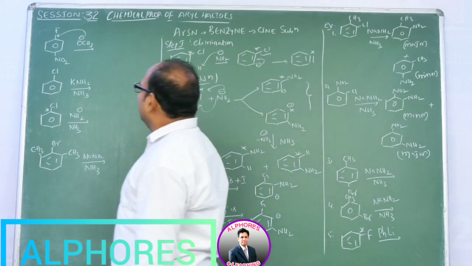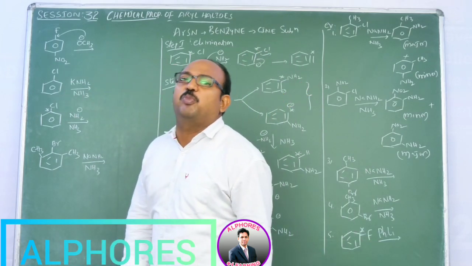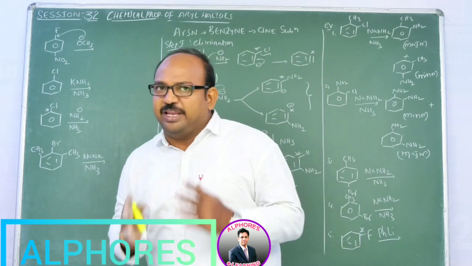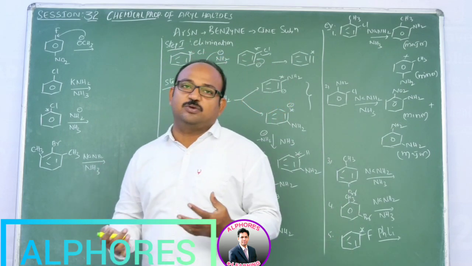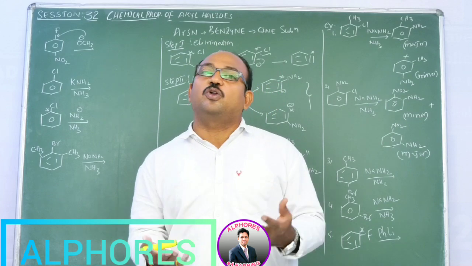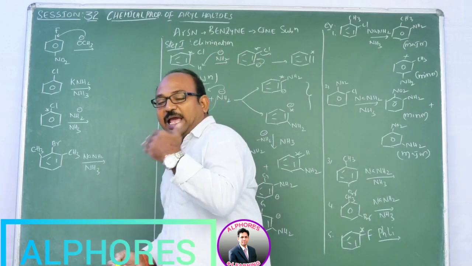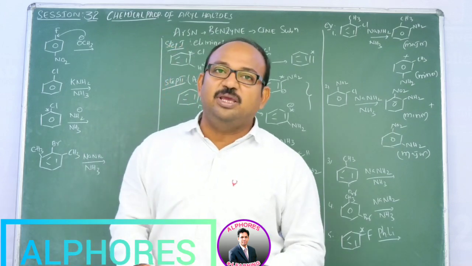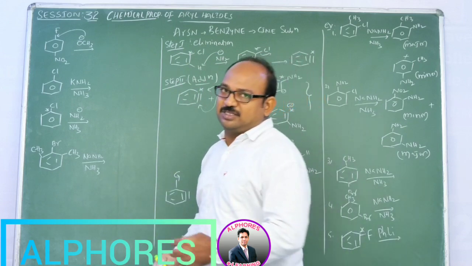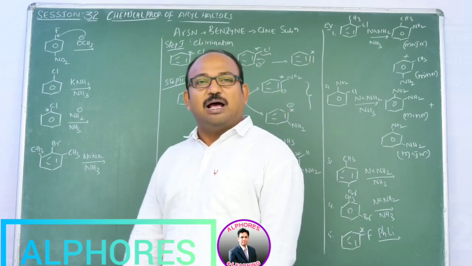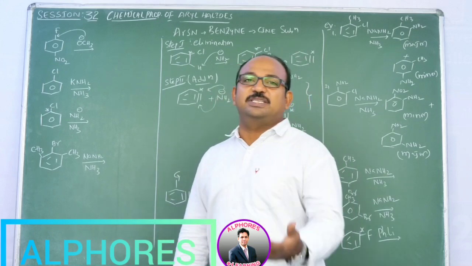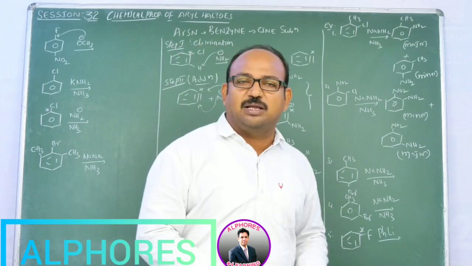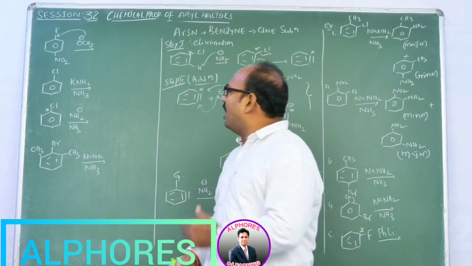Okay, fine. Chlorobenzene upon reaction with potassium amide, as we discussed in the previous session, upon reaction with NH2 minus, strong bases, NH2 minus, OH minus, strong nucleophiles, in the presence of those only, halogen displacement is possible. And when we are using ammonia, obviously we need to provide drastic conditions, means heat energy we need to provide, otherwise that substitution is not that easy. That also we learned in the previous session, like the C-Cl bond adopts double bond character, that bond will be strengthened.